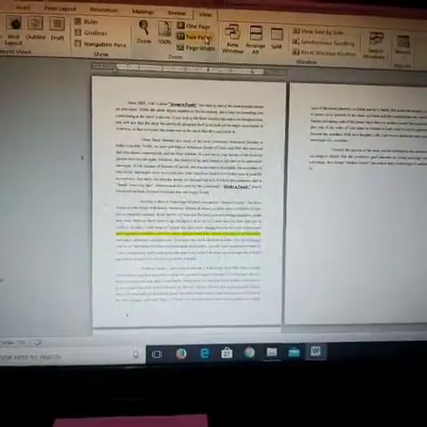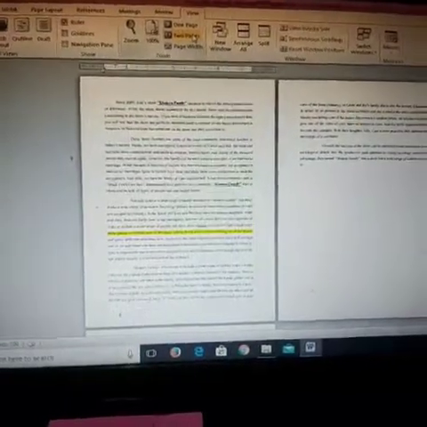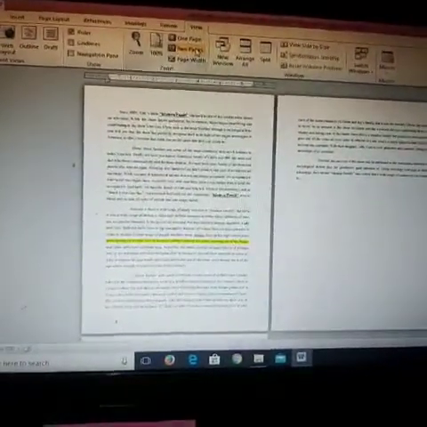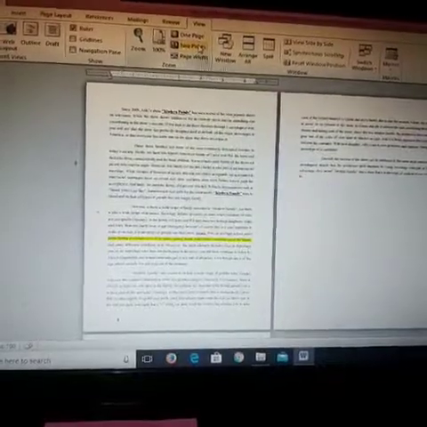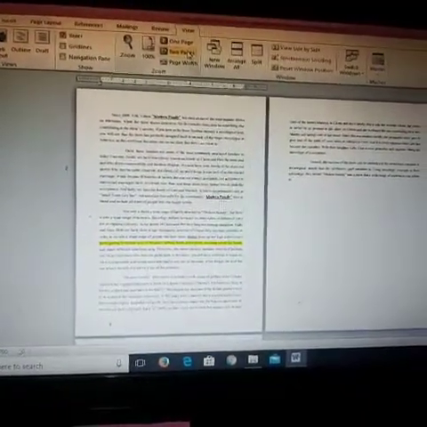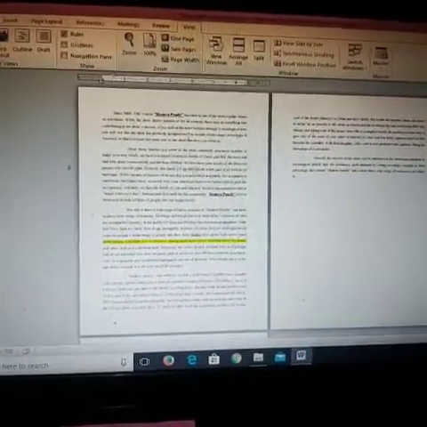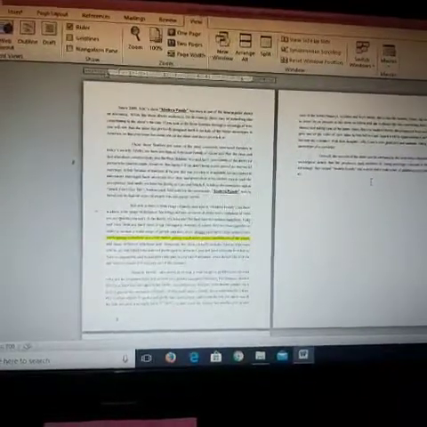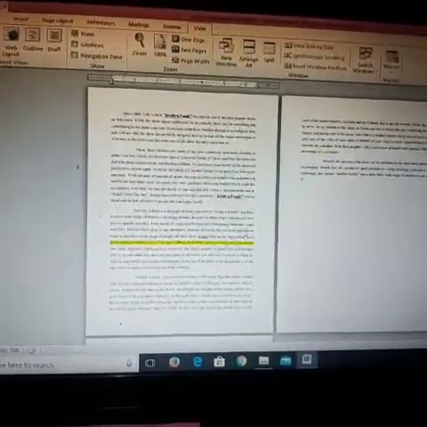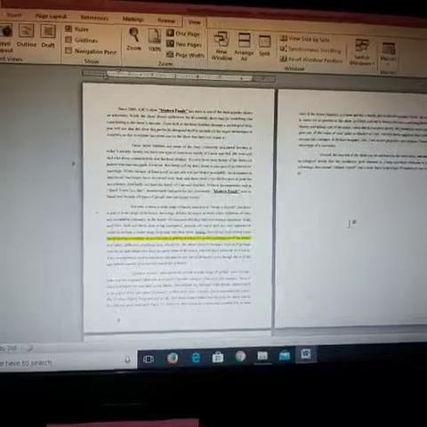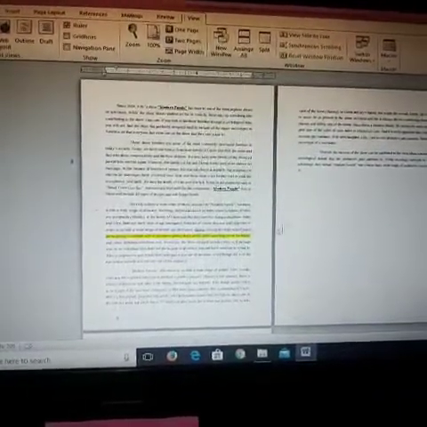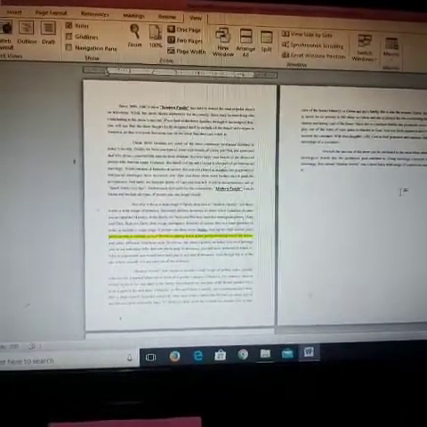Your next topic is page formatting. In page formatting we are learning about three things: page orientation, margin, page size. So first is your page orientation. In this one I have made it a view of two pages so that it's understandable. This layout of the page is called your portrait layout.